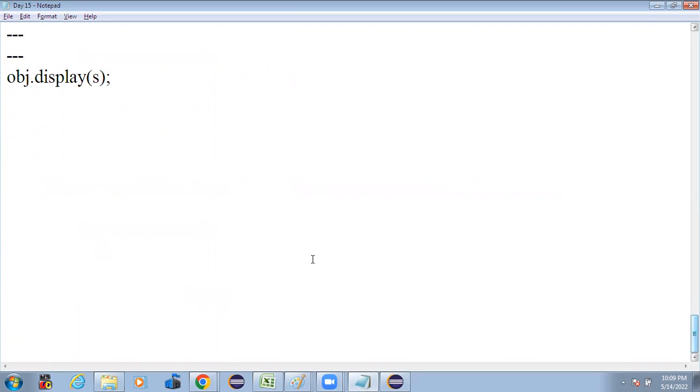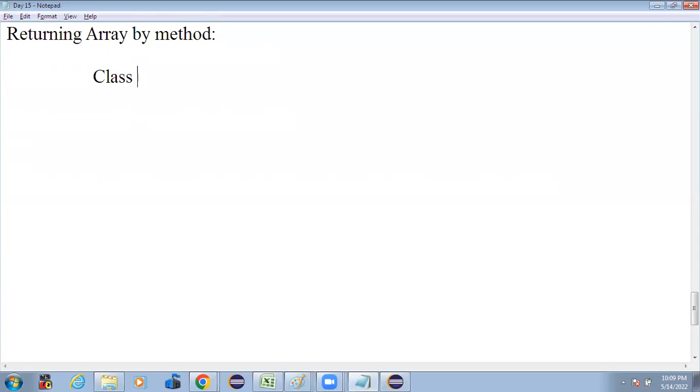Now I just want to write a returning. This is again a very important concept I'm going to explain, but I need only 5 minutes to discuss this. Returning array by method. Again I'm just creating a very simple class, class demo. In that demo class I will write one method,